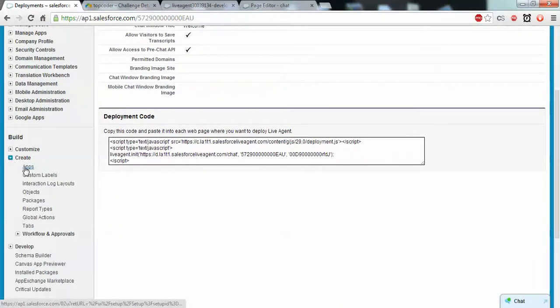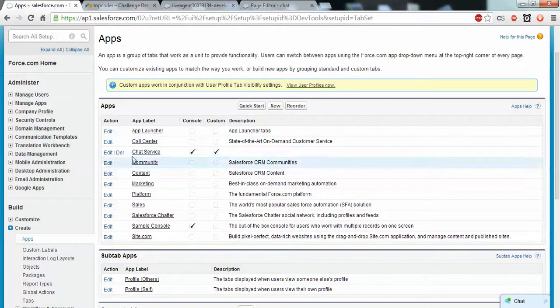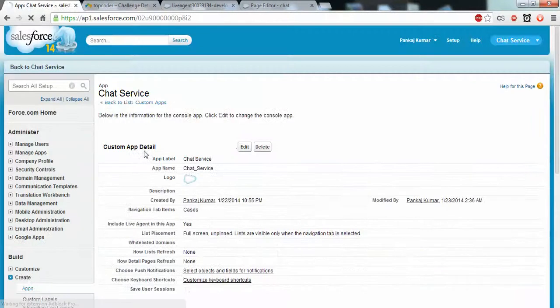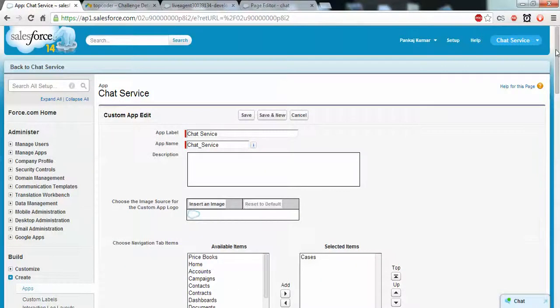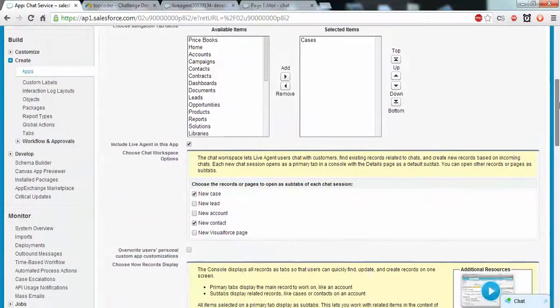Create apps, chat service. While creating the console app, you need to include live agent in this app. Once you click on include live agent in this app, it will ask whether, when the agent accepts a request, you want to create a new case, new contact, new account, or new lead.